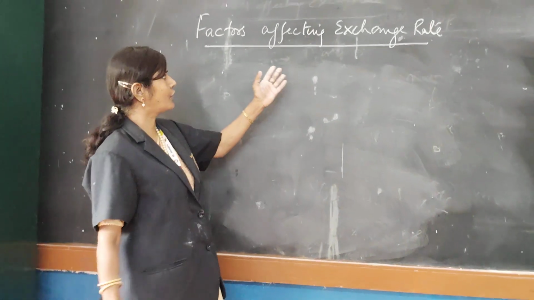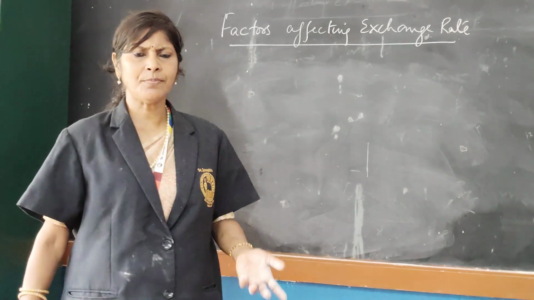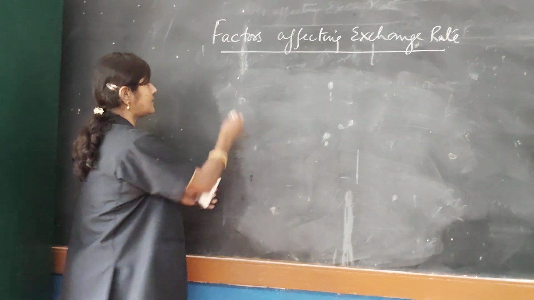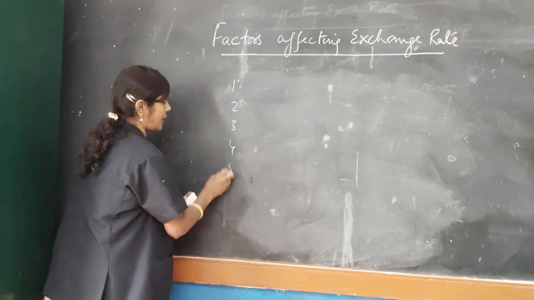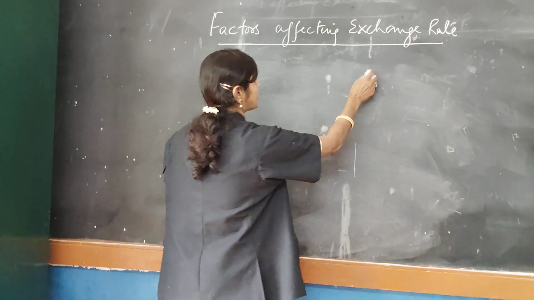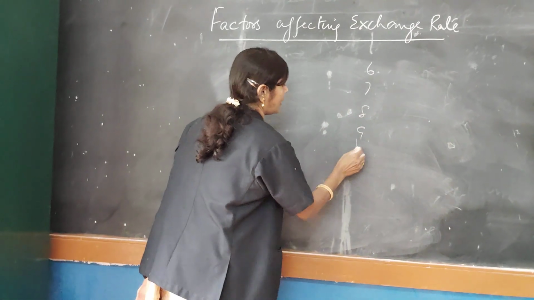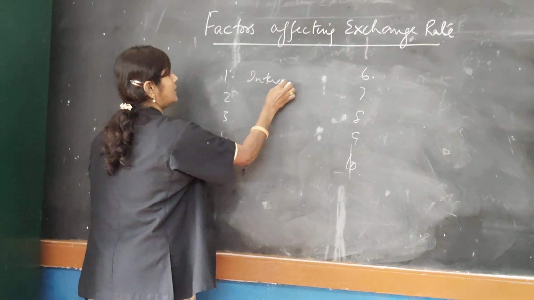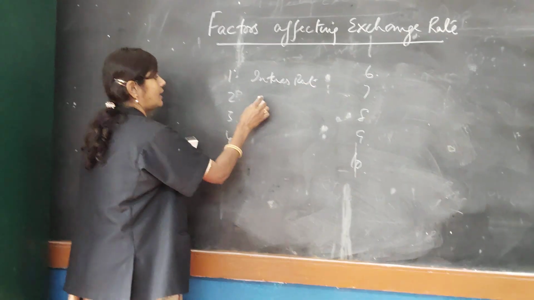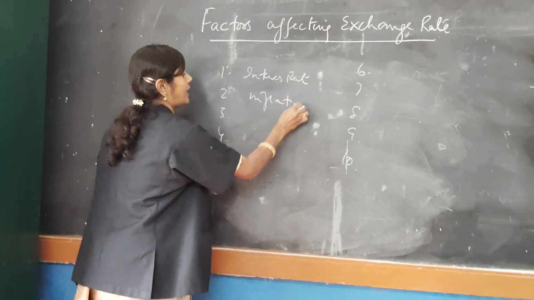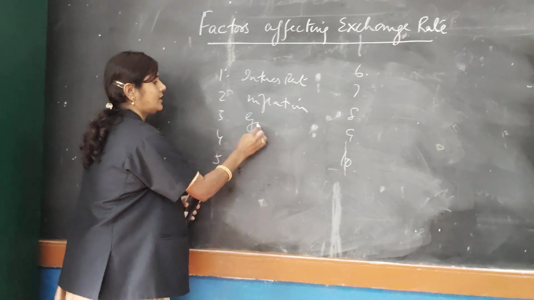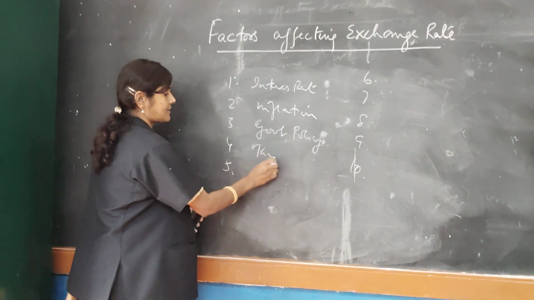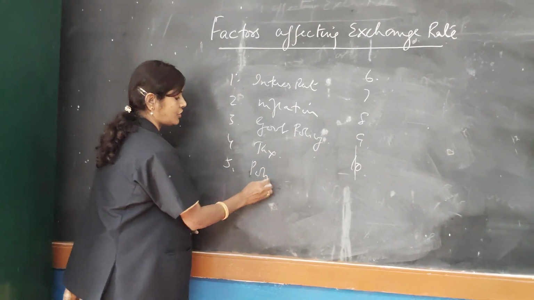I hope you have understood this particular foreign exchange rate concept, and that appreciation and depreciation is very important. So when we generalize this, I will write all the points here. Students, can you come out with the points? I have discussed 10 points here. I have mentioned the interest rate, right? Then I have said the inflation. Then the government policy. Then I have mentioned the tax. Then I have mentioned the political situation.